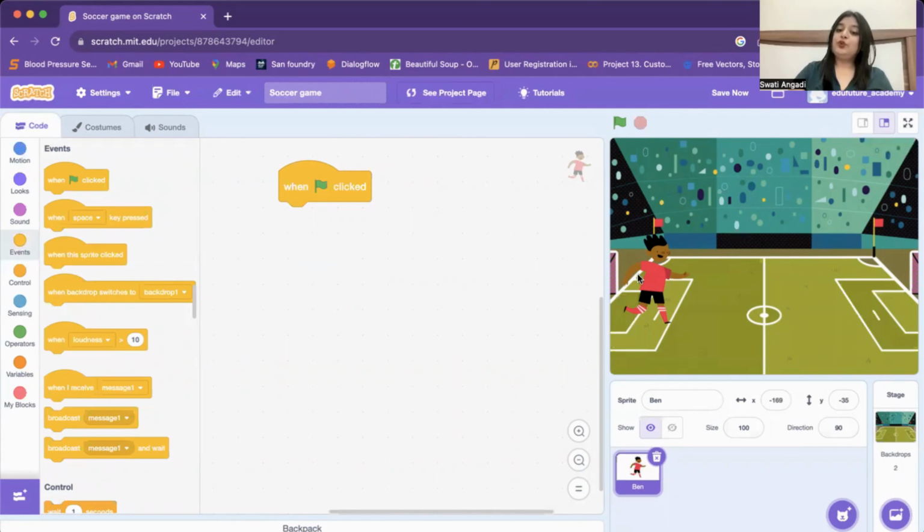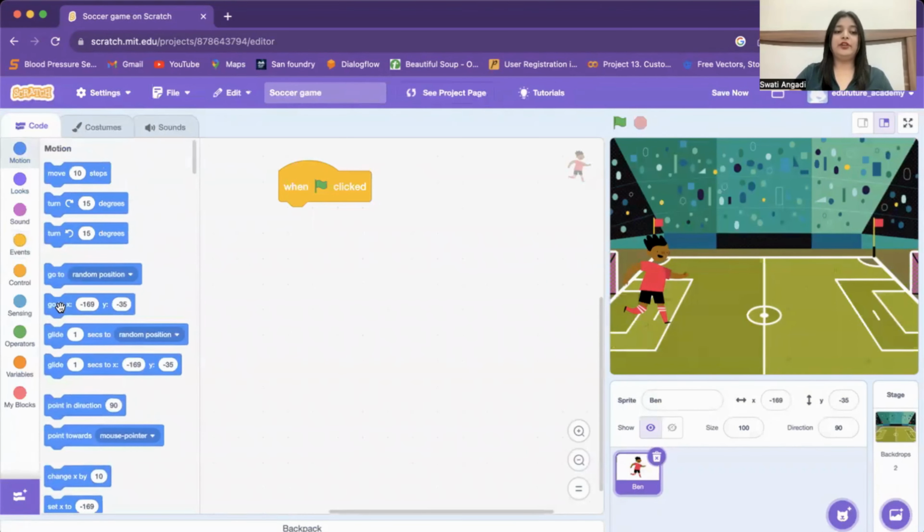Whenever I click on the green flag, the position of the Ben has to be fixed. So for that, you drag and drop wherever you want the Ben to start a game and then go to motion. You have your go to X and Y. You don't need to change anything because wherever the Ben is standing, the position of that will be already updated over here. Okay, you just need to drag and drop the block. Next,